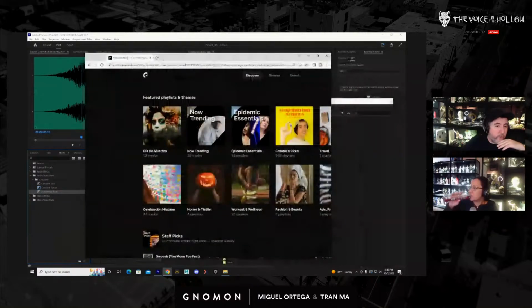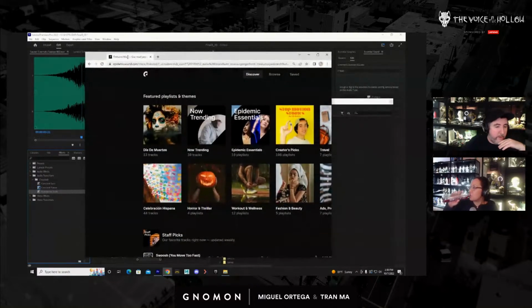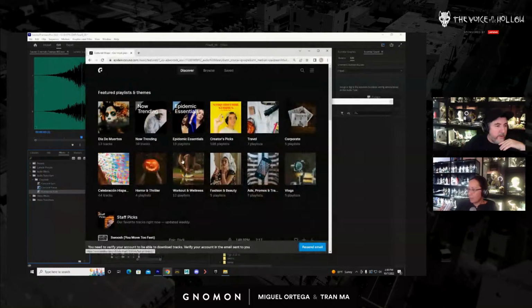I don't use this one, but I'm definitely checking them out because this is more sound and the price seems to be better than Motion Array, because I think Motion Array gives you stock footage for film and all kinds of stuff that I don't really need.